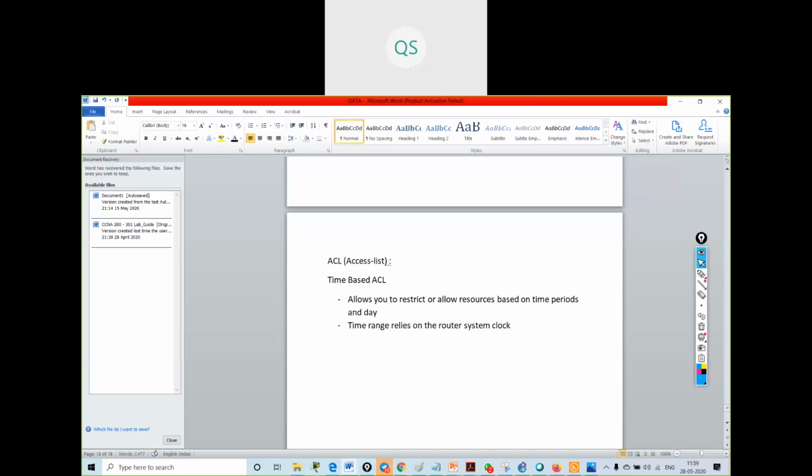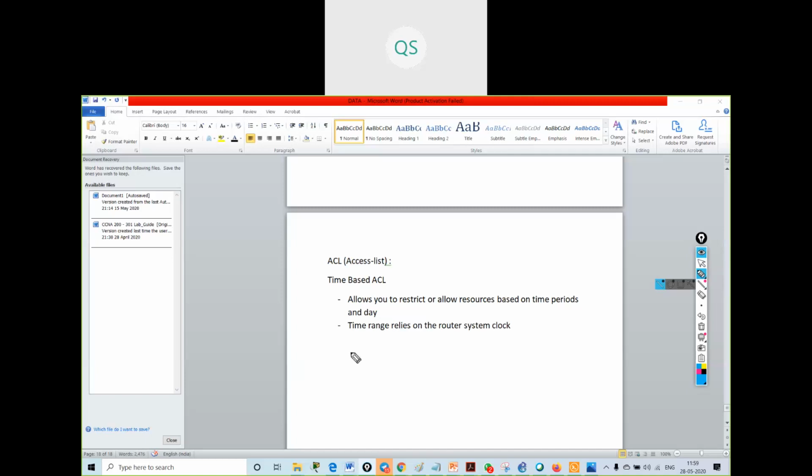So time-based access list is something where you can configure an access list on time basis. If I want a specific user to not get access, I can do things like this also.